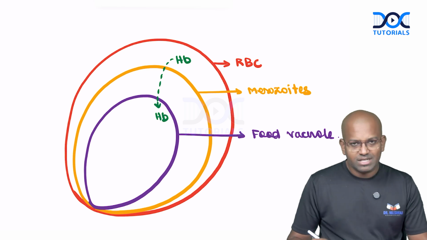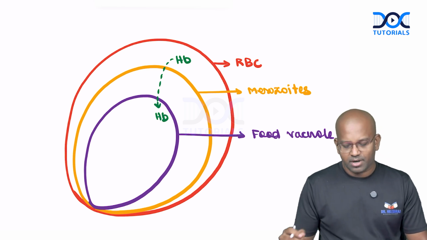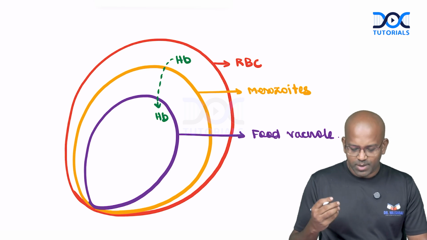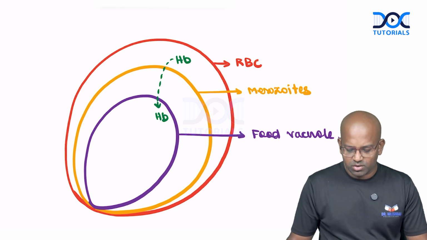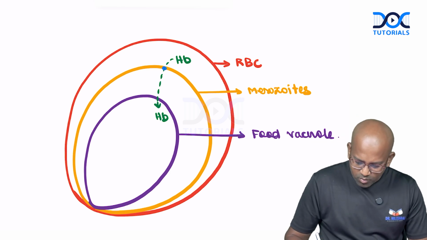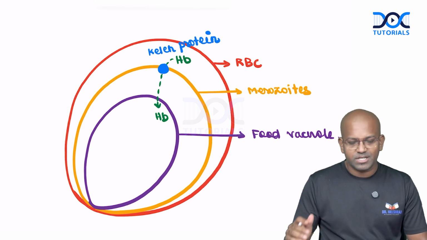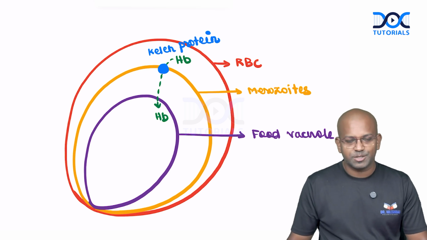Even though it is utilizing multiple different mechanisms of energy production, one of the mechanisms is hemoglobin intake, right? So hemoglobin is going to be taken up inside the Merozoites with the help of a protein called Kelch protein. This Kelch protein will be there on the surface of the Merozoites, on the surface of the parasites,